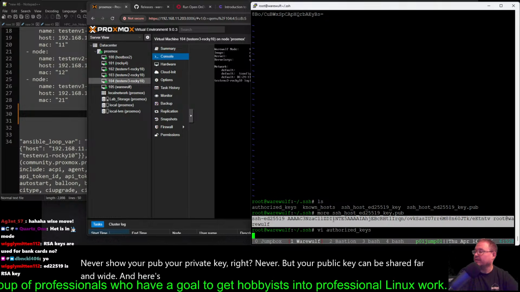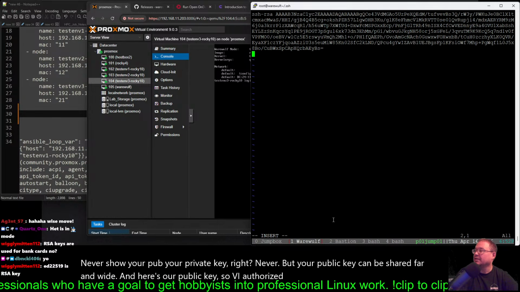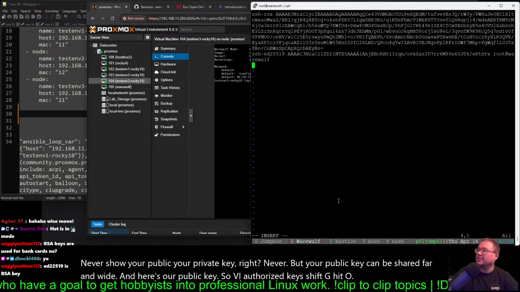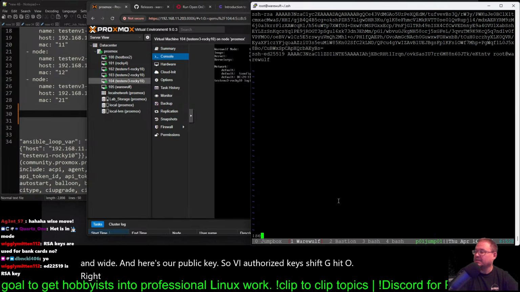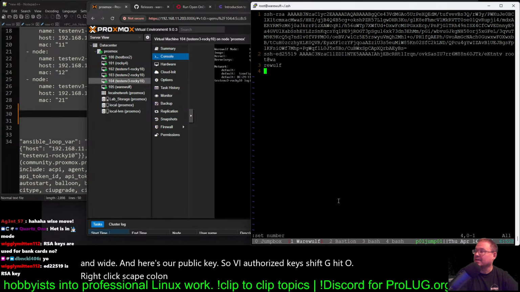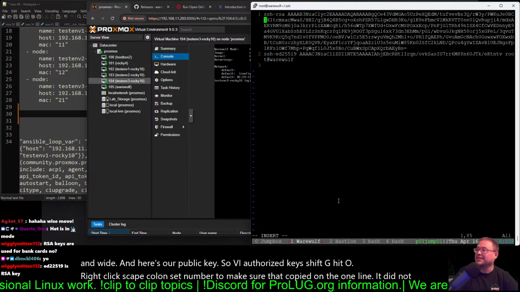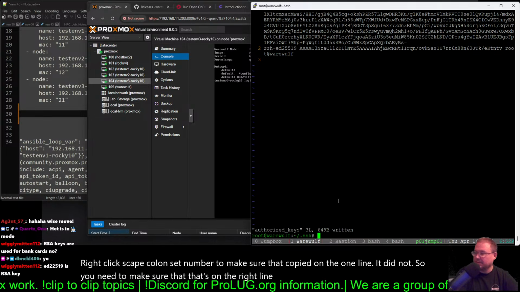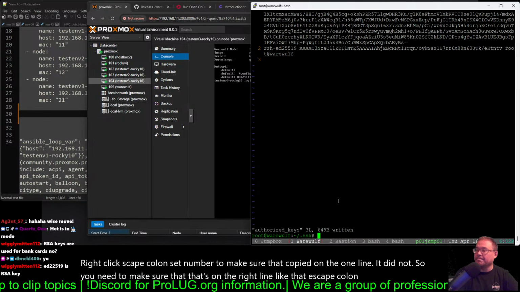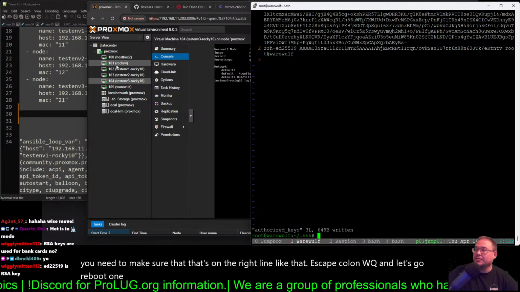So vi authorized keys, Shift G, hit O, right click, escape, colon set number to make sure that that copied on the one line. It did not. So you need to make sure that that's on the right line like that. Escape, colon wq. And let's go reboot one of these boxes and make sure that we can now,